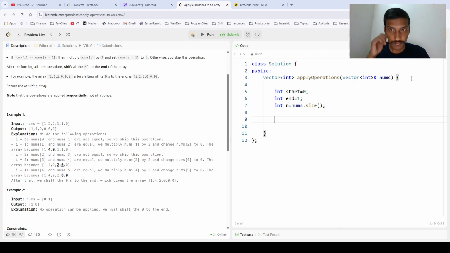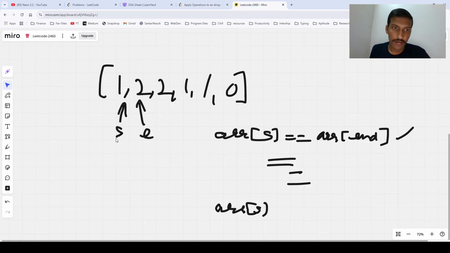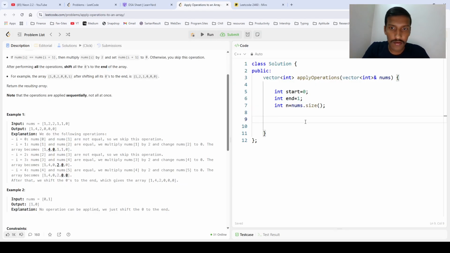Okay, why 0 and 1 I have explained here, because this s indicates the 0th position, 2, 3, 4 and 5. So exactly what I'm going to do is firstly I will make sure a while loop is present here, because we have to check for multiple conditions, and until and unless we have to check if s of start is